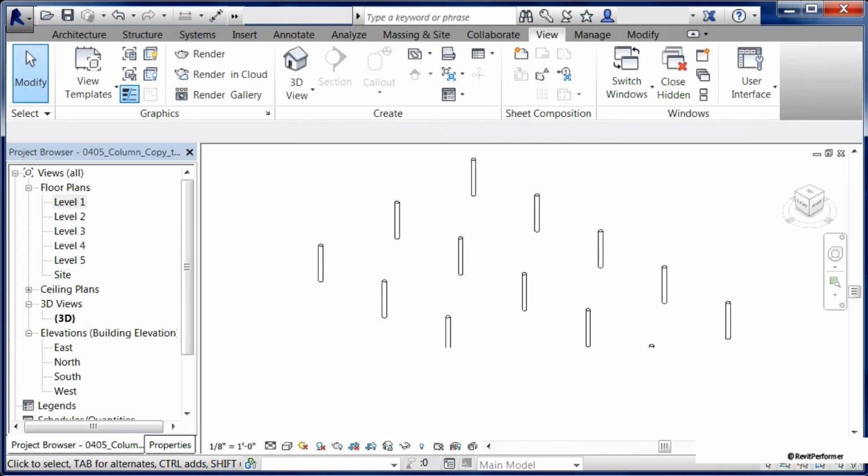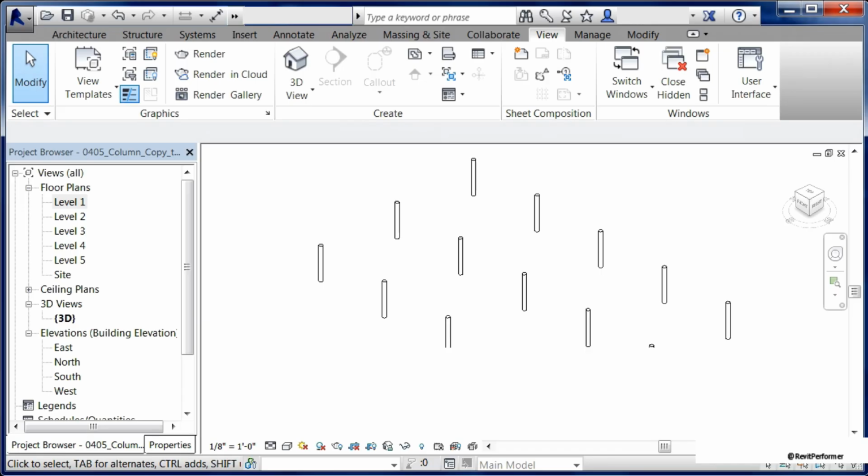In this exercise, we're going to learn how to copy columns from one floor up to the next floor. Now, the reason why you'd ever want to do that is because when you first model a three-dimensional column like this, you want it to be modeled to real-world dimensions, such as if that column only goes from the first floor up to the second floor, you want to make sure that it's modeled that way.